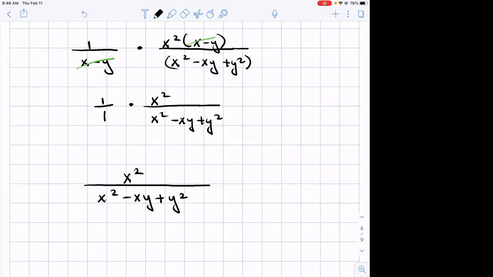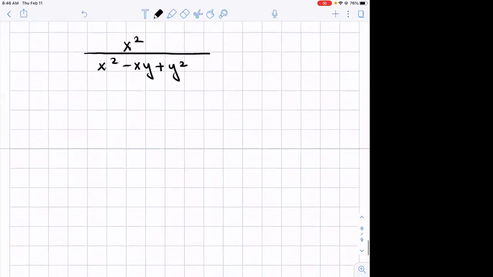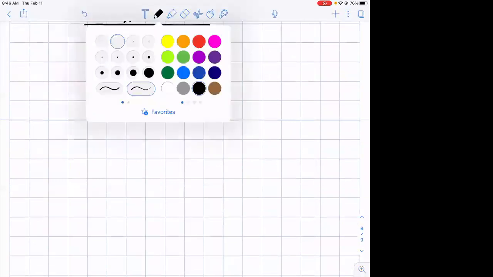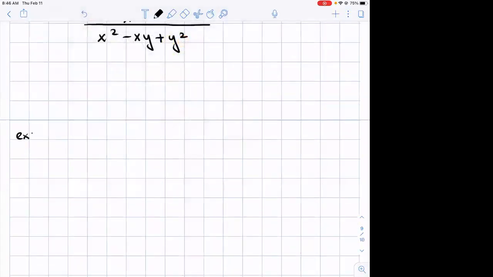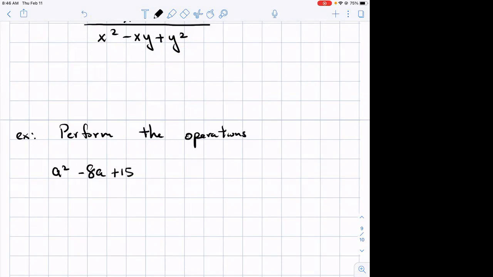So as we see here, factoring is very important, right? Now, in my next example, how about if I say perform the operation? I have a squared minus 8a plus 15 over a plus 4